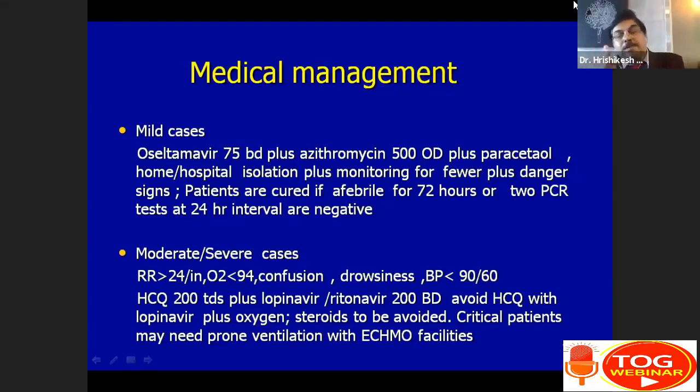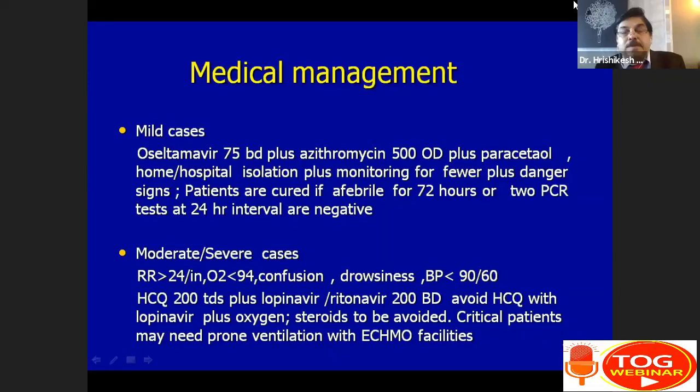If the patient is moderate or severe, how do you classify it? Based on the respiratory rate. If the respiratory rate is more than 24 or oxygen saturation is less than 94,